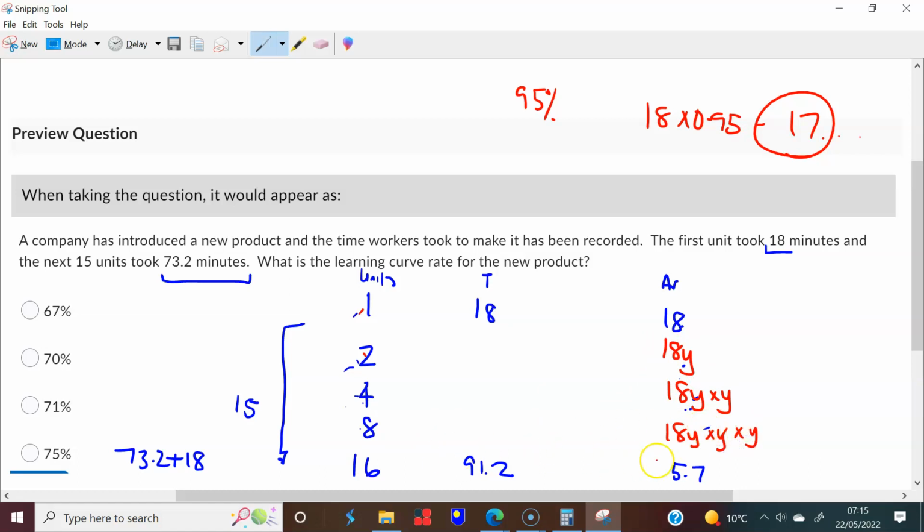times y, which means by the time I double this again, this is equal to 18y raised to the power of 4, right? Because I've got the y 4 times by the time I'm here, because that's what this answer is. So I'm now in effect saying that 5.7 is equal to 18y raised to the power of 4, which means that I can find y by simply saying that y^4 must be 5.7 over 18. And 5.7 divided by 18 is equal to